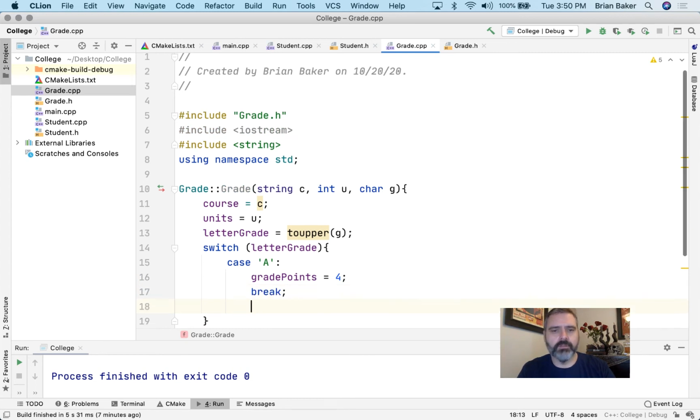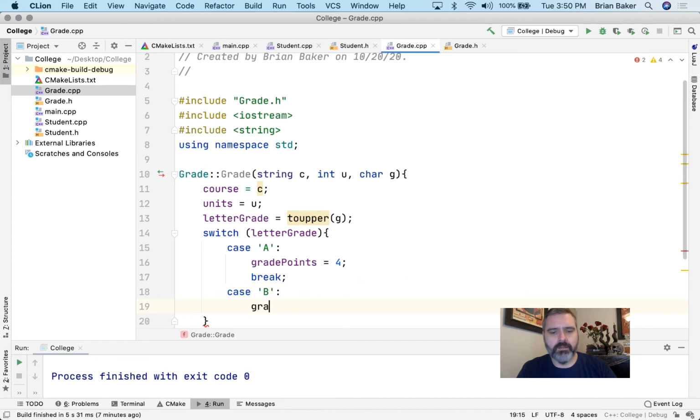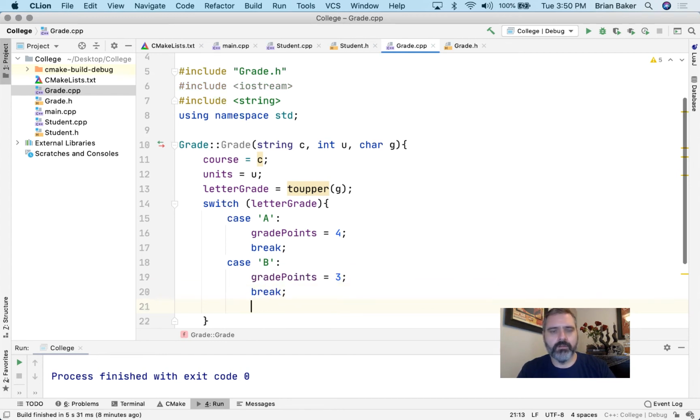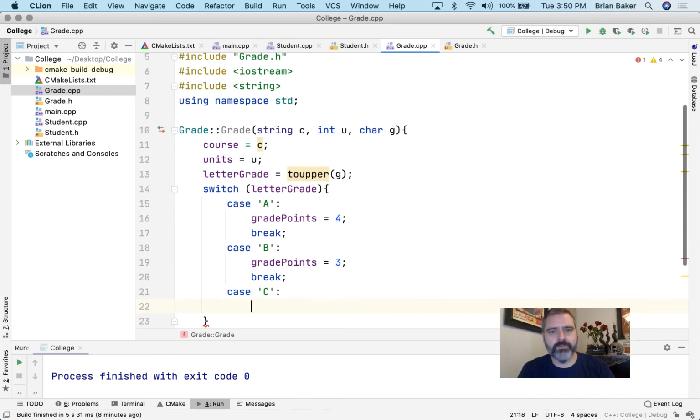Break, sort of G plus or C++. B. Grade points equals 3. Break. Okay, and by the way, if you wanted to do this as a whole bunch of if-else statements, that also